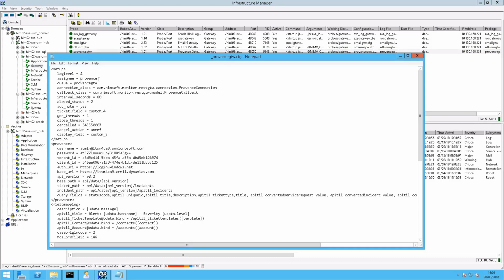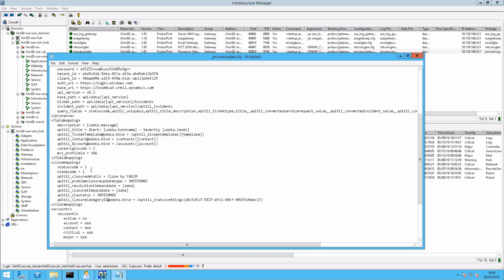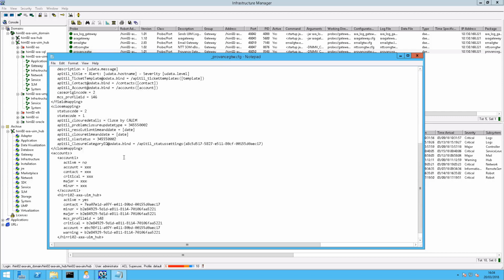We've done through MCS, Provance user, the queue, 60 seconds, custom field 4, and so on. And you can see that the instance of Provance, the values are all specified here, the version number and so on. Field mapping, which we touched upon earlier, is set up, and the same with, so we have accounts,